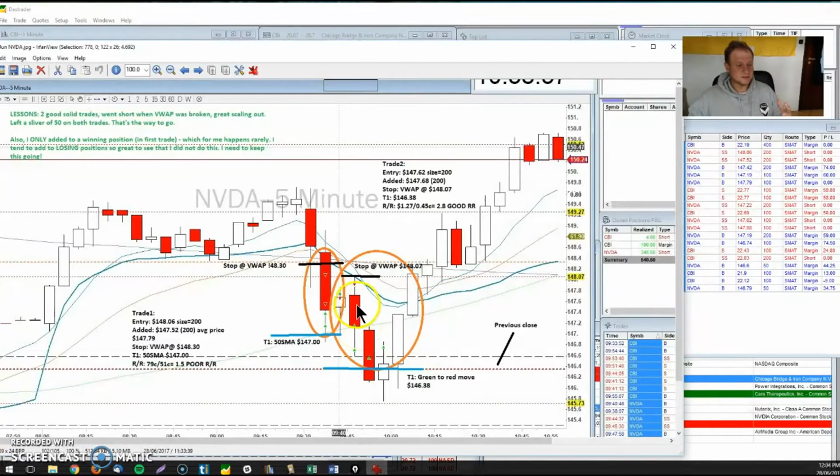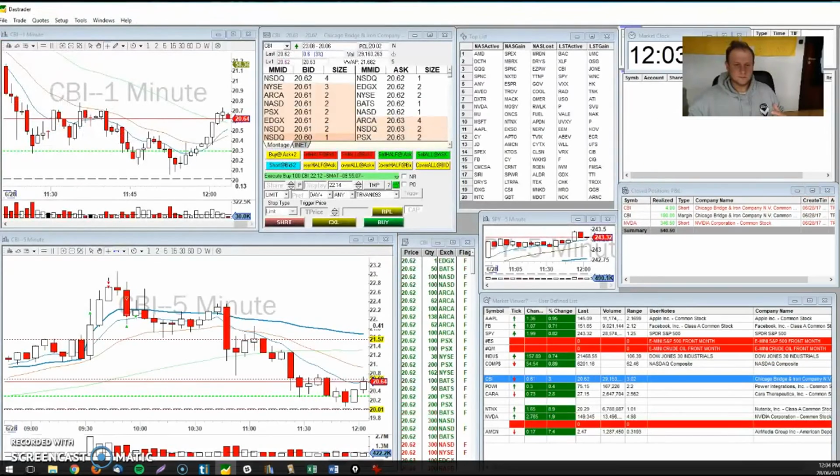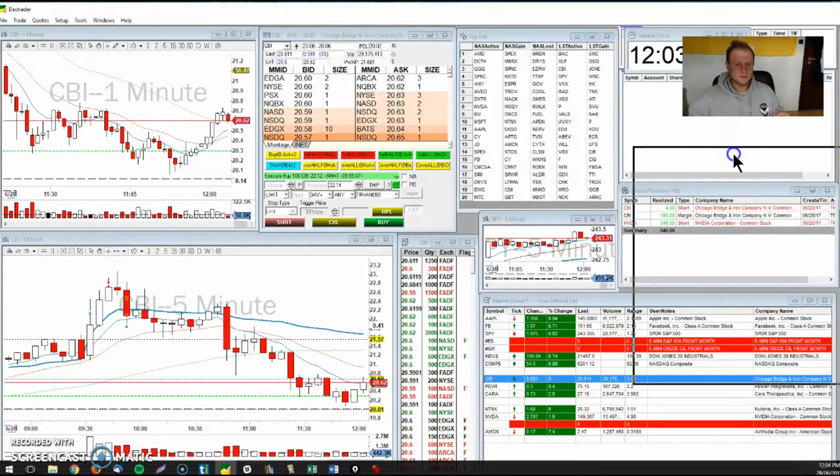So I'm scaling out. I got in 200 shares here. Then I got, I think it was 100. This must have been 50, and whatever the rest is, I think. I'm not sure. You guys will have to look at it here. But this was just 2 really good solid trades. I think this got me, I think $300 something. Hang on, let me have a look. Oh, sorry. So this was $346.50,